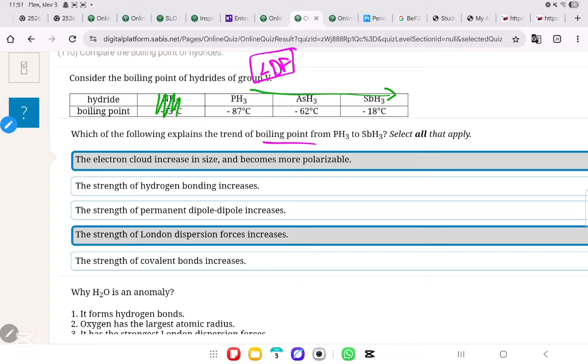Okay? So, all of them have LDF, but of course, the differences in the LDF will change the boiling point. So the one with the more electrons, which is SbH3, right, is going to have a greater electron cloud, and this will be more polarizable. So the strength of the London dispersion forces increases, and due to this, there will be an increase in the